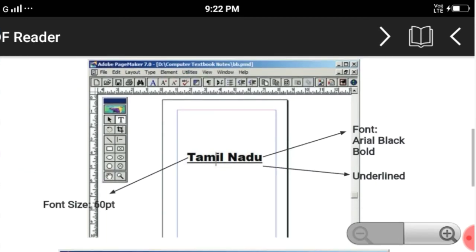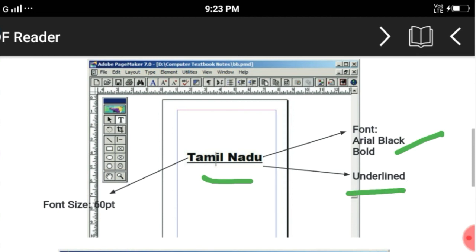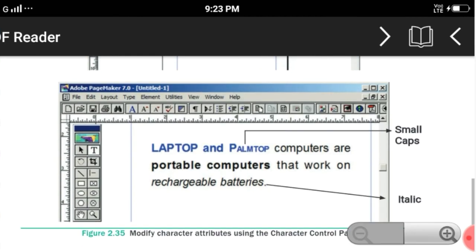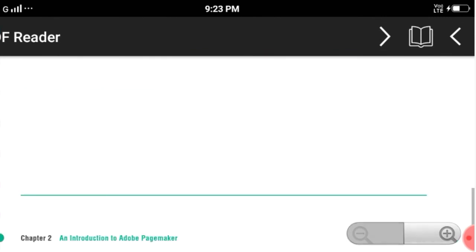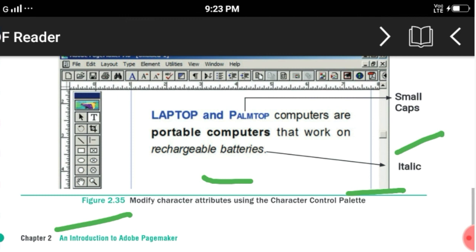Here are some letters typed: Tamil Nadu. This is the Arial font, underline given, then font size given. After typing some sentences, this is small caps. This is the italic format. Okay.